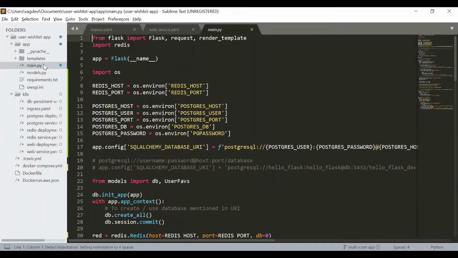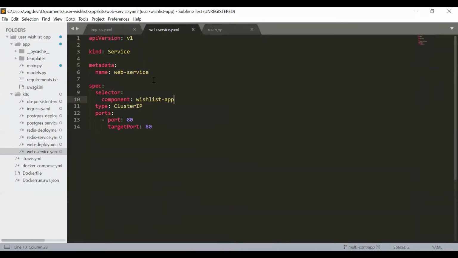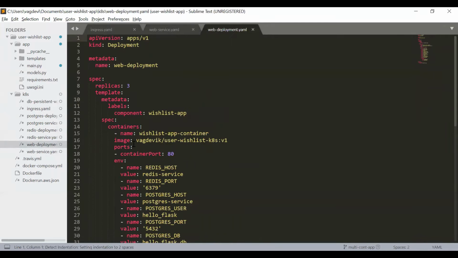Inside that, mainly we have main.py, models.py, requirements.txt, and uwsgi.ini, which will be used by the Flask framework image internally. So this is the previous application, and based on this entire application, this image is built, correct?